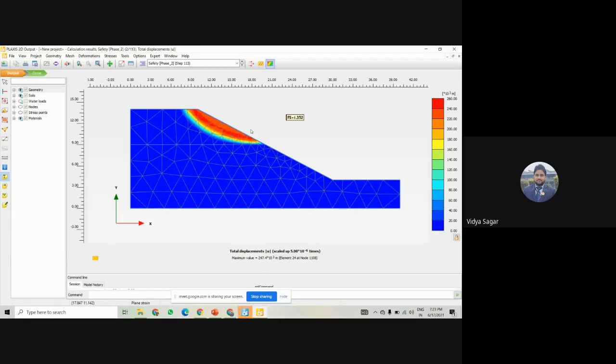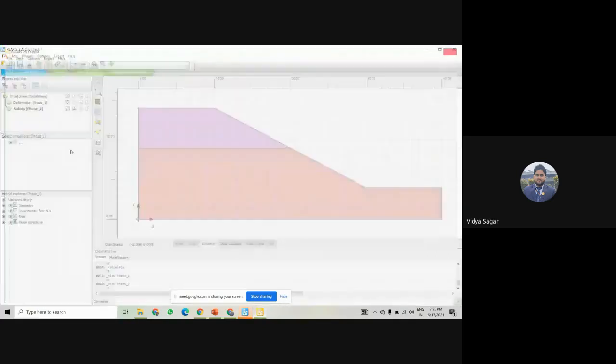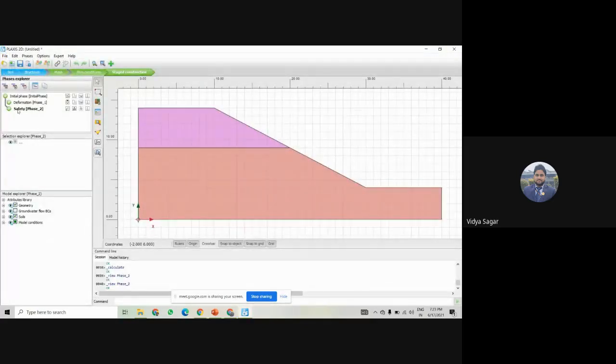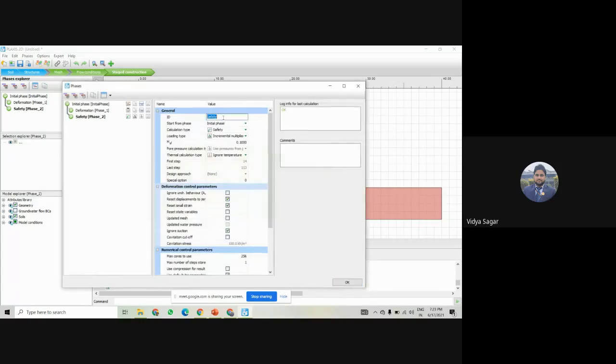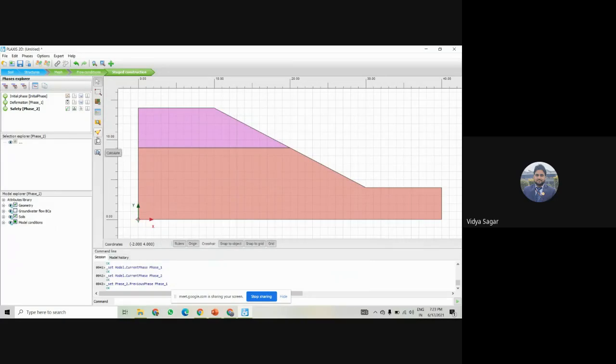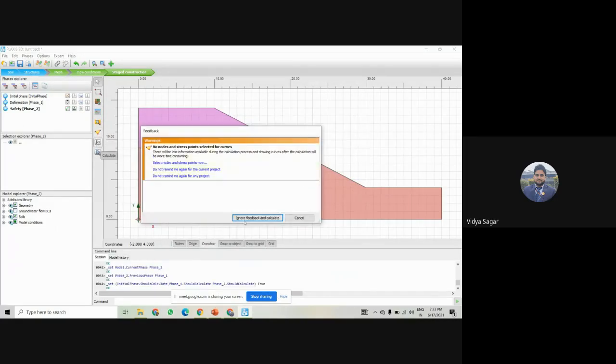Okay. So another case is there, because this is the factor of safety of the slope without any deformation. So if I check after the deformation, what will it be? If I start this factor of safety after this deformation, is there any change? So we also can see that if I start it from the deformation part and then click OK and run all the phases again.